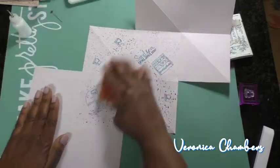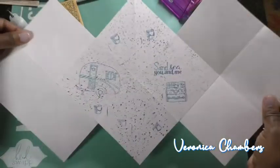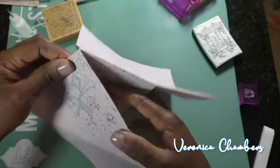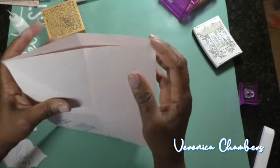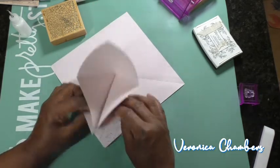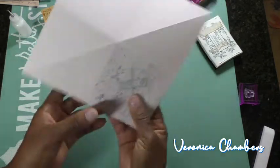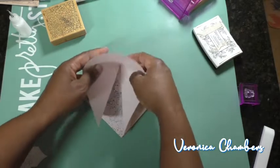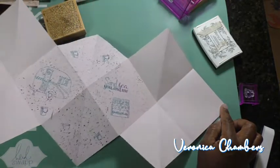So there we are. And again, if you have that stamping block, bring that in and it will also push that glue into your paper. So now we have it, and we just need to get it folded together. Right here, these are going to fold in just like they would on an explosion card. Then, over here, this is going to do the same thing, except they are going to come in this way so that your house is on the inside, your little camper one. Let's turn it over. Same thing. These are going to push up into the center,